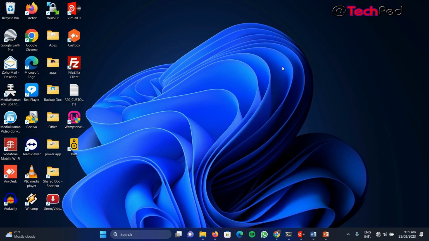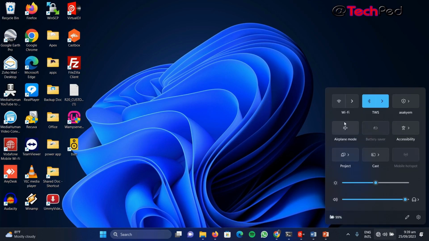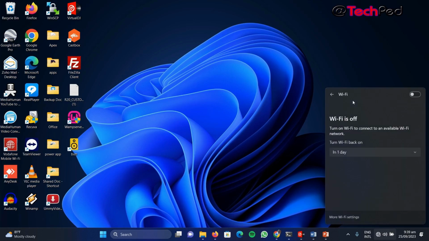So let's begin. On your Windows 11, on the taskbar, click on the group icon, then select Wi-Fi connection. Here you choose the day or time that you want the Wi-Fi or the wireless connection to connect to your Windows 11 machine. So here you can choose to set